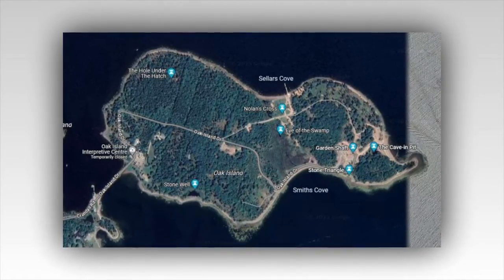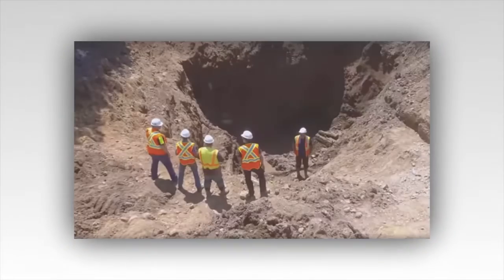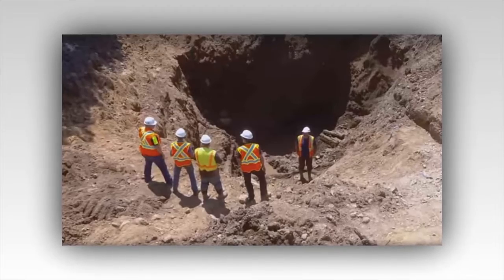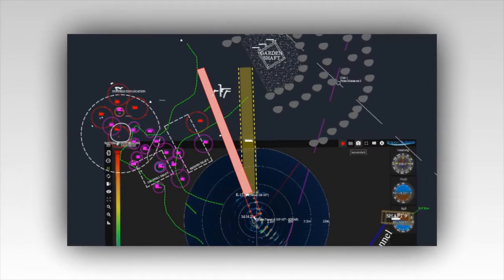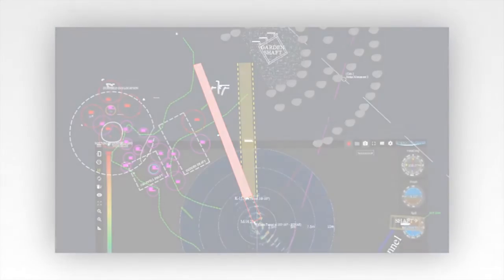For decades, searchers had dug, drilled, and theorized, all in a relentless pursuit of the elusive treasure said to be hidden deep within the island. The garden shaft, a focal point of recent explorations, was one of the many sites on Oak Island where hopes were perennially high. This seemingly nondescript shaft was now at the heart of what could be the most groundbreaking discovery